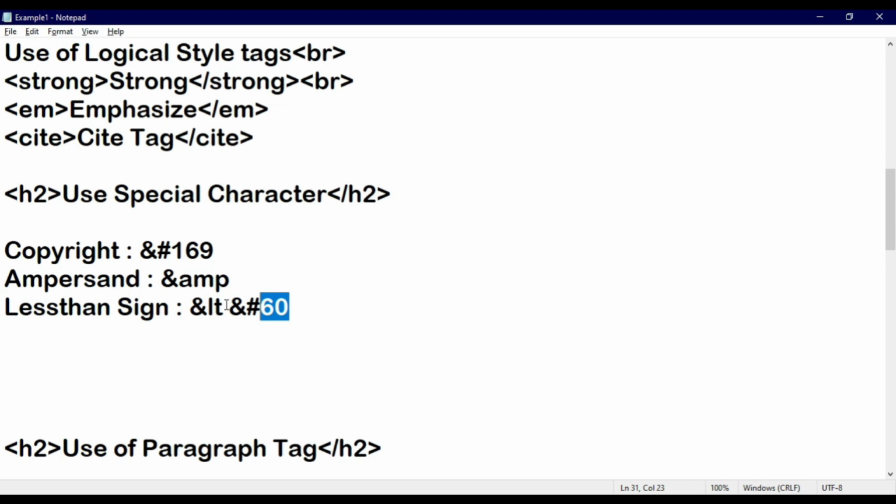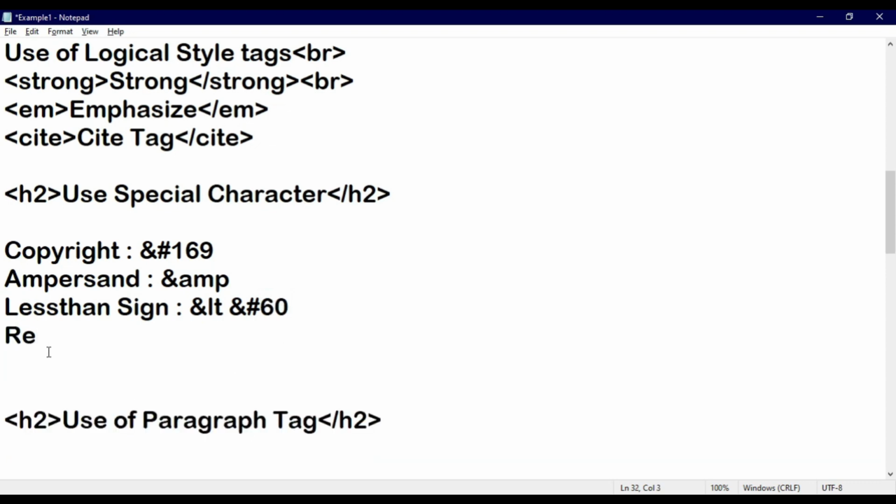So these are the different ways by which you can display special characters, and using that you can display any particular special character from your keyboard directly on your screen. But before that, you must know the ASCII value, and for that you can refer to the appendix given at the end of your textbook. Different appendices are given in which all the detailed information related to ASCII values and all the table content is given. So if you refer to it, you will get the idea which symbol contains what numeric value, right?